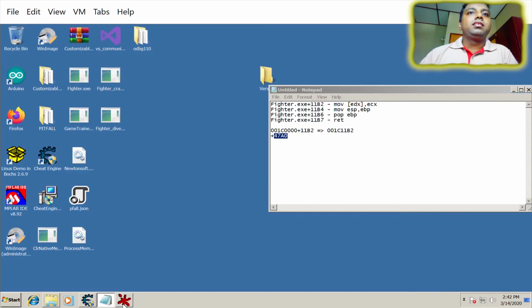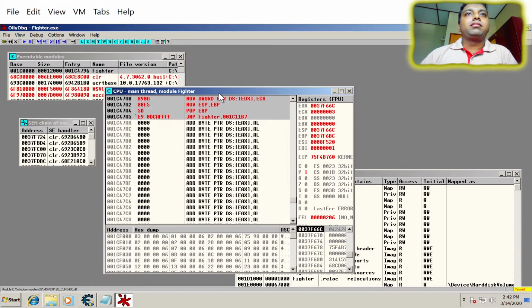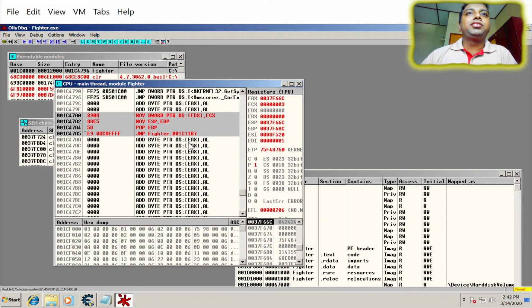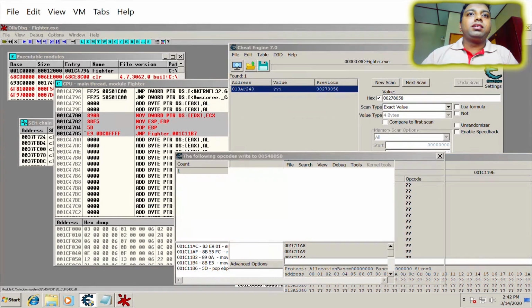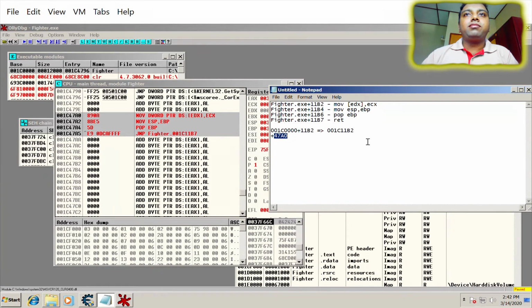Now let's talk about how to actually increase the amount of damage to the enemy and no damage to the player. Now for that we can use the pointer comparison. Okay, so when we check our notepad here,